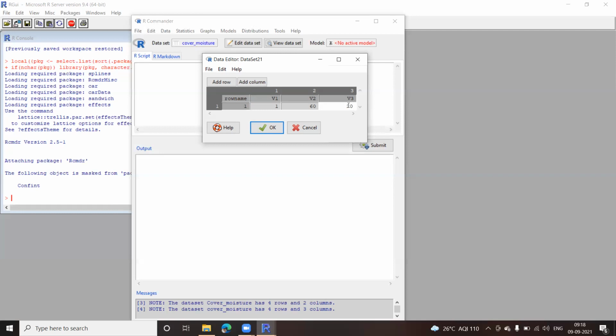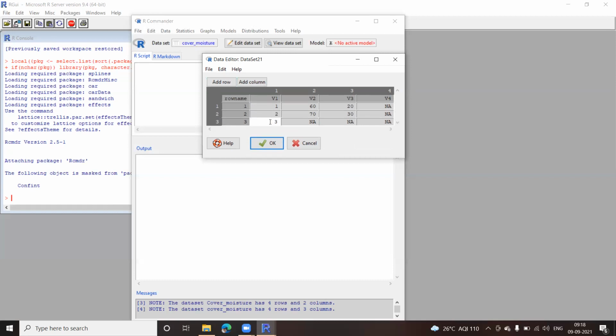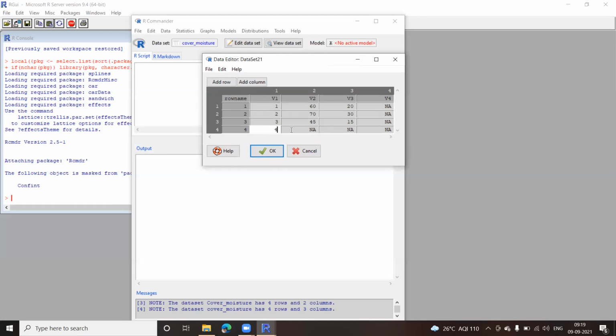Right? To add a row, I have to click on this. Okay, let me quickly create these records. Sorry, I have pressed the tab, so I got one more column. Let me use the click button. So this is 30. Add another row. This is 3, 45, 15, one more, 4, 19, and this is 50.